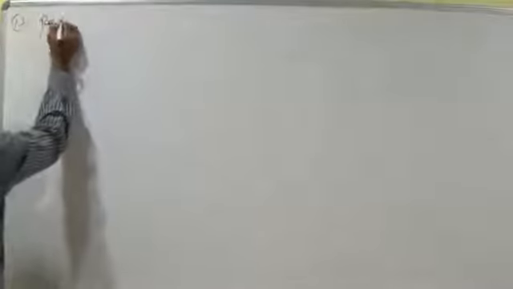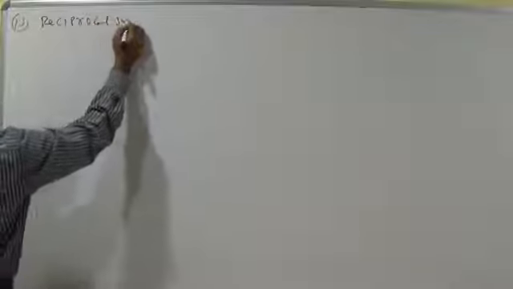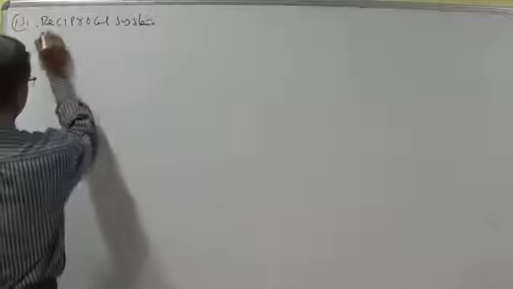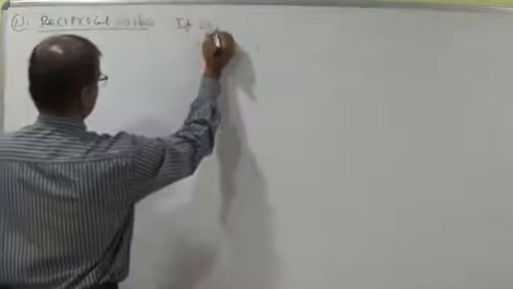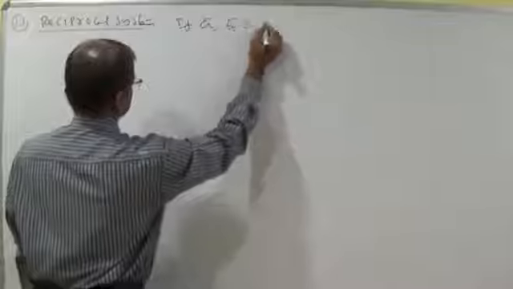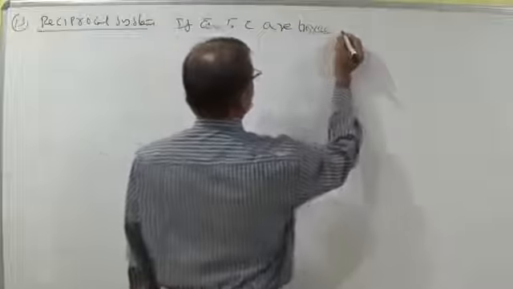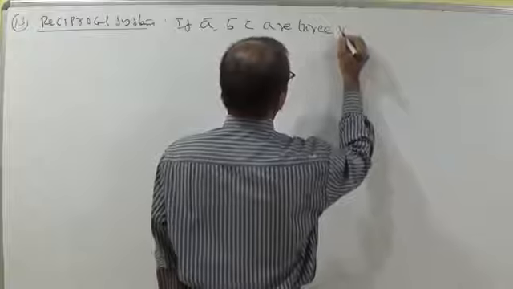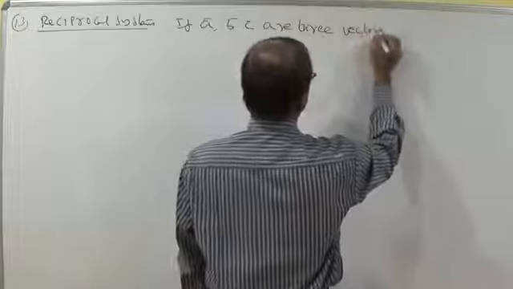And next one is also there, students. Reciprocal system is there. Let us finish it. Reciprocal system, 13th one. Let us put it aside. If A bar, B bar, C bar are three vectors,